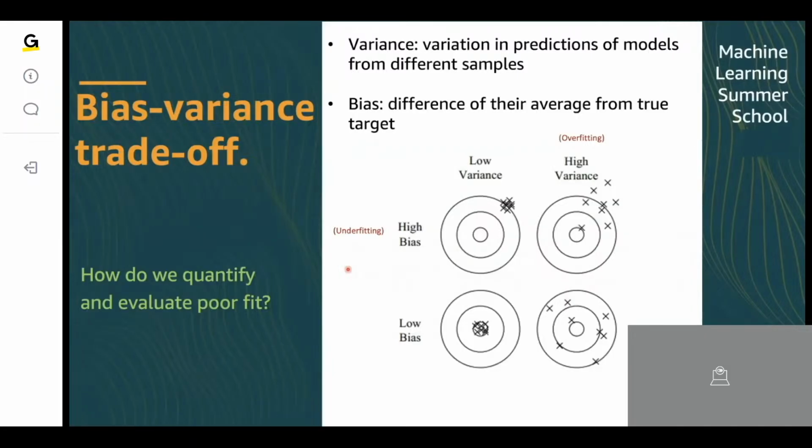Right. But how do you quantify a poor fit? What are the variables that you would use to determine whether a particular fit is a good fit or a bad fit? Let's say we have a million data samples in our training data, and you build a model M1 by drawing a random sample of 200 instances from the million samples that you have,